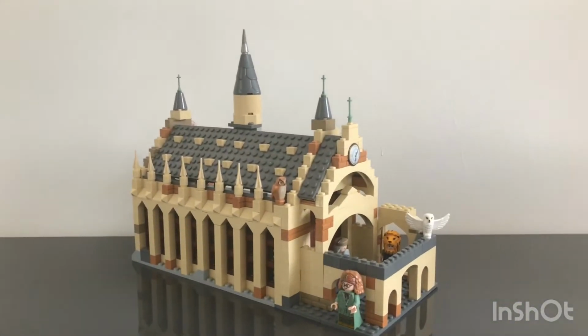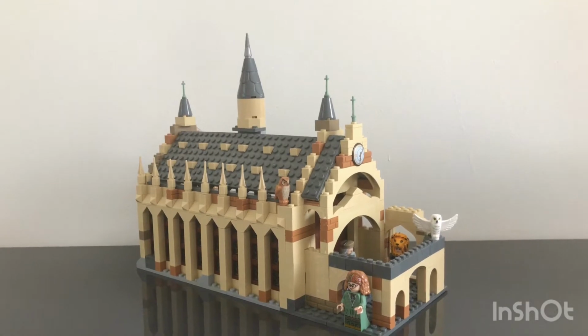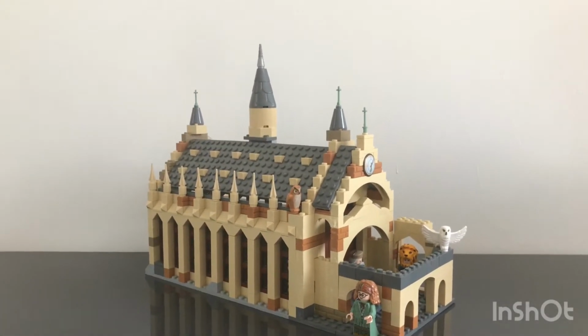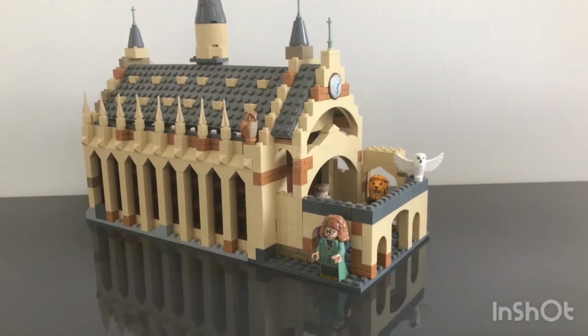So let's get started. As you can see here, this is my Lego Harry Potter Hogwarts mock Great Hall. However, this is not too much of a mock because it still looks quite like the set, because I like the set so much that I decided to keep it quite a lot like it. As you can see, I've actually upgraded the courtyard quite a lot, and there's a couple of other small little